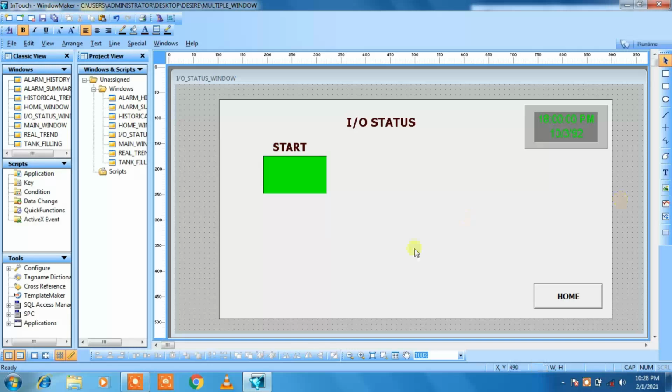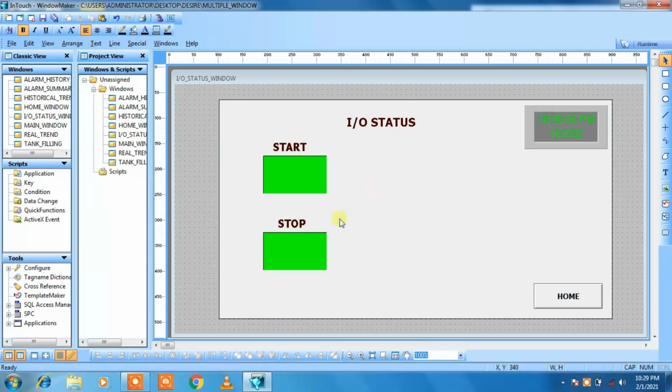Then just copy the same button so that we can give the status for stop button also. Let us give the name stop. Now increase the font size so that it will look proper. Let us arrange it properly.